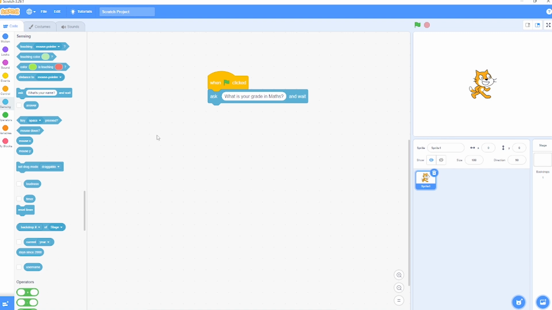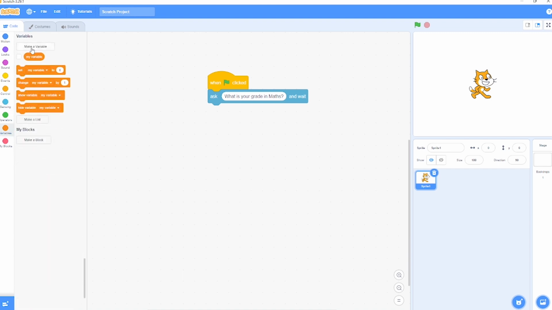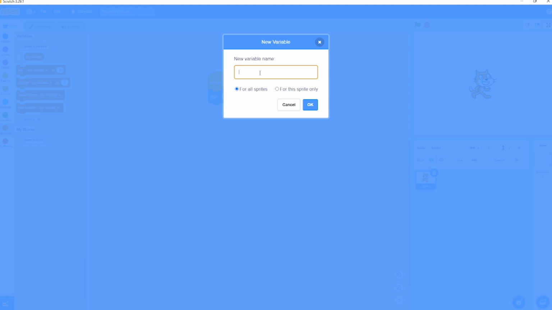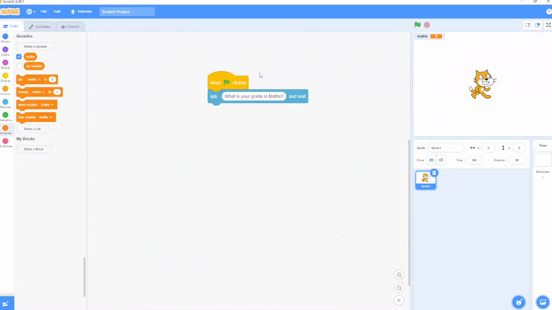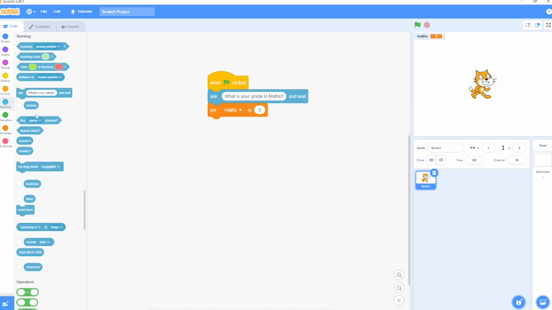Now we need to store our marks. How do we go about that? We go and create a variable and make a variable here. We say this is for maths, right? Then we drag this block here, set maths to 0, but we don't want to set maths to 0. We want to set maths to the answer that we are giving here. How do we get that? We come here to sensing, we get the answer, right? So we have given the answer, and it will be stored in this variable. Okay,